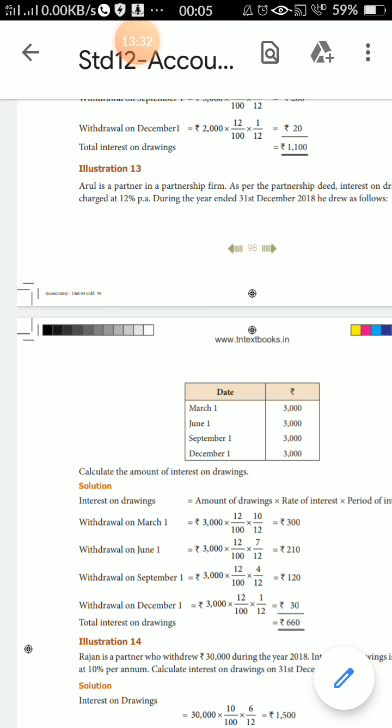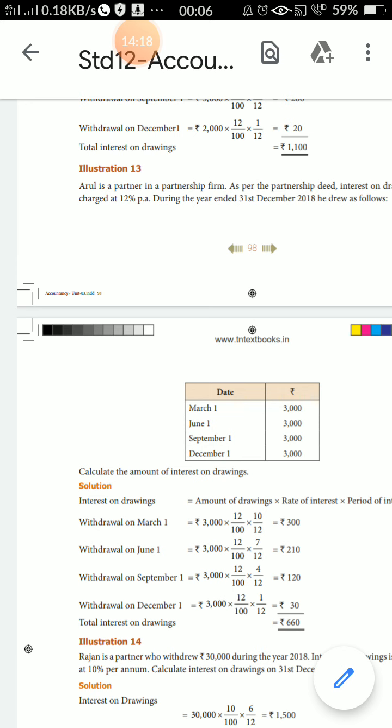Okay students, listen to this lesson: different methods of sums. One is opening and closing capital, next one is fixed and fluctuating capital method, next one is interest on drawings, interest on capital method. So many different methods, students, but easy only. You read properly. You read carefully one or two times. Afterwards you start in your accountancy note.